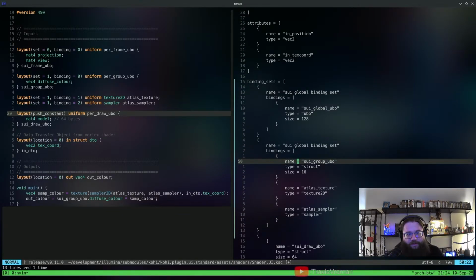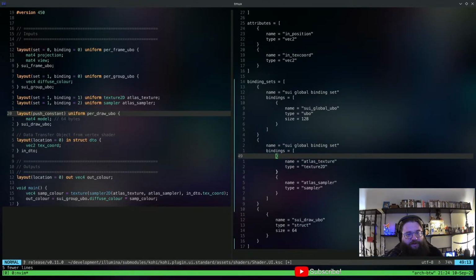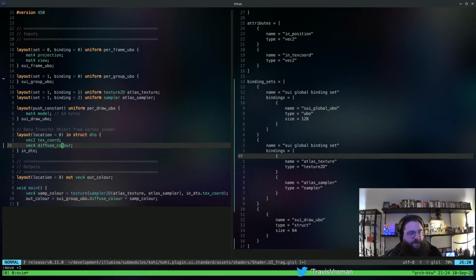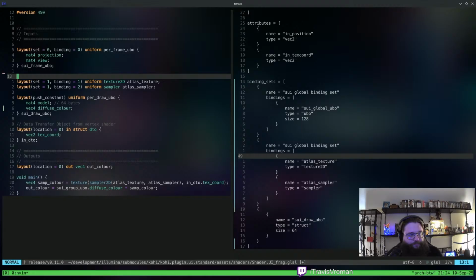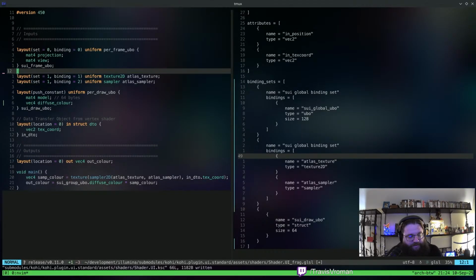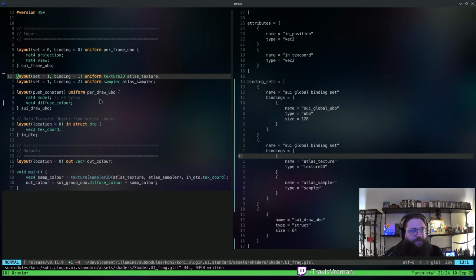Tab all these in. And then how do we want to call this binding set? And in fact, the diffuse color is not even really something we need in the group, right? We don't actually even need this UBO. So I'm going to take that out of there. I'm going to take this diffuse color and move it down here to what's going to become our immediates, right? Not that one, sorry, there. So we don't even need this. That'll simplify us standing things up a little bit.